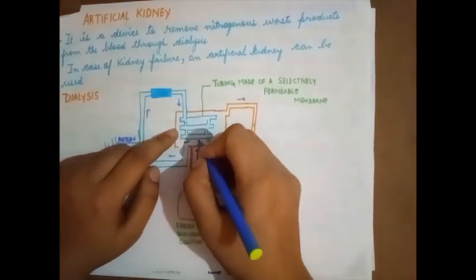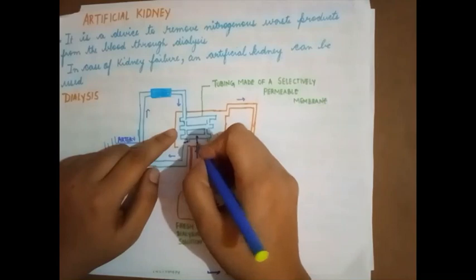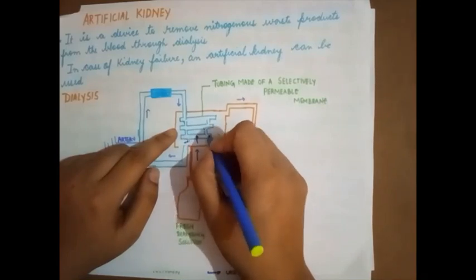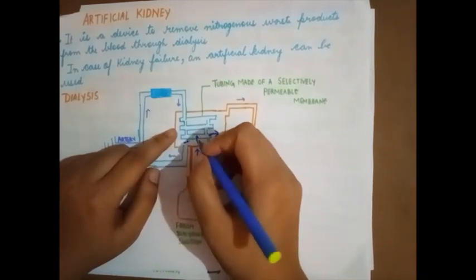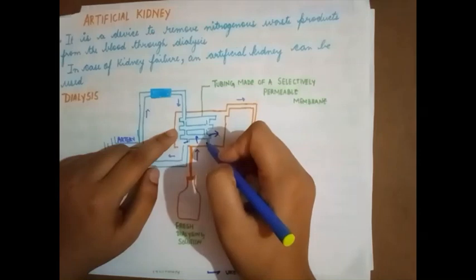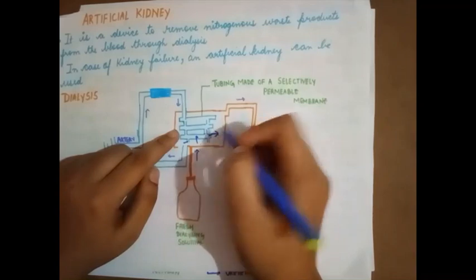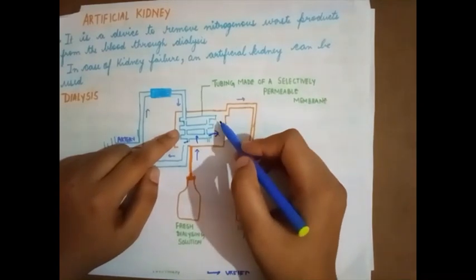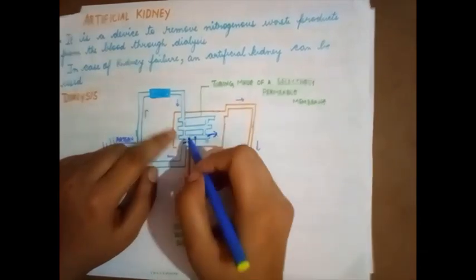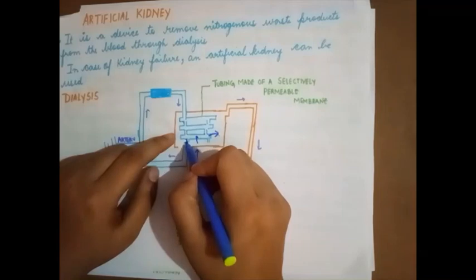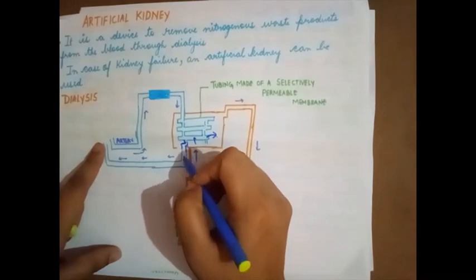Now what happens is the dialyzing fluid enters this semi-permeable membrane or the tubes, and from the tubes all the toxic waste is eliminated outside. So now what happens, once the essential substances have got in and the waste substances have moved out, all the waste substances get collected over here in the used dialyzing fluid, and all the essential substances move in over here to the patient, all the essential substances.